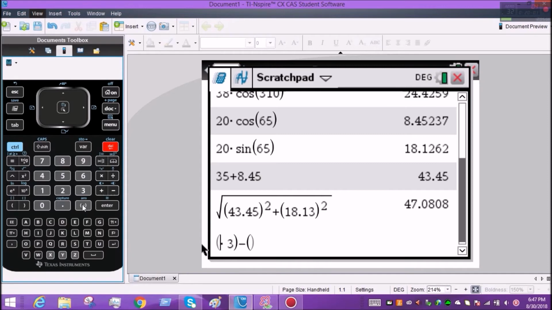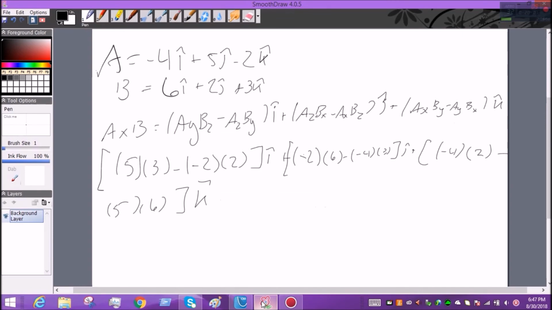It's being a pain to work out on this calculator, but long story short, if you plug this in and solve for everything, you get 19i minus 38k. If you take the square root of those squared, the magnitude equals the square root of x squared plus z squared, and you get an answer of